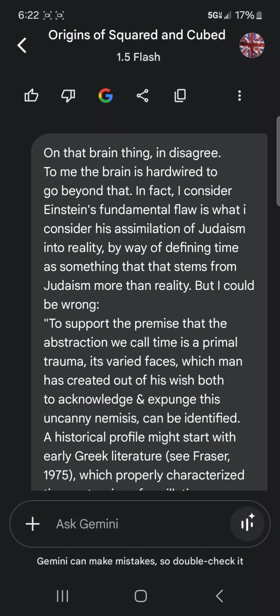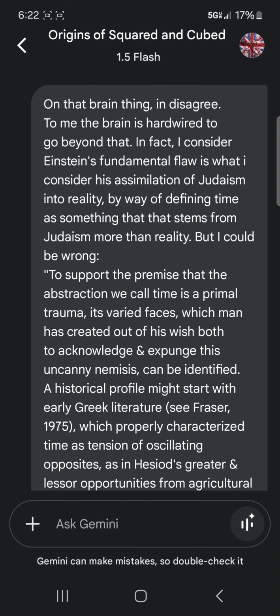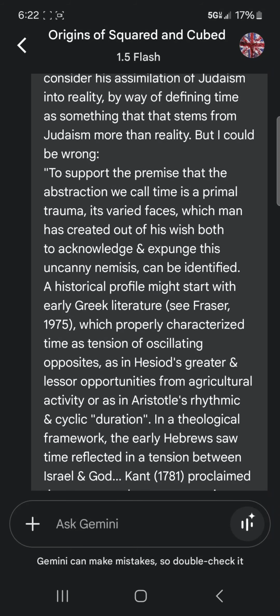On that brain thing, I disagree. To me, the brain is hardwired to go beyond that. In fact, I consider Einstein's fundamental flaw is what I consider his assimilation of Judaism into reality, by way of defining time as something that stems from Judaism more than reality. But I could be wrong. To support the premise that the